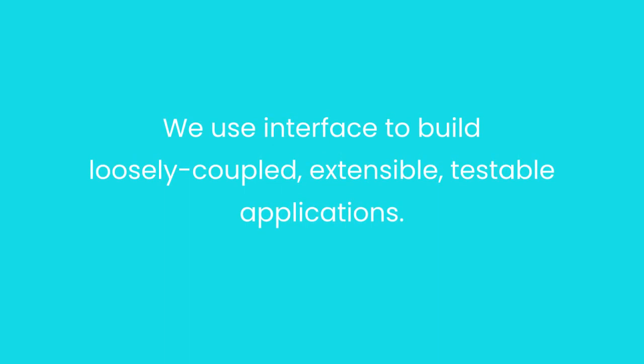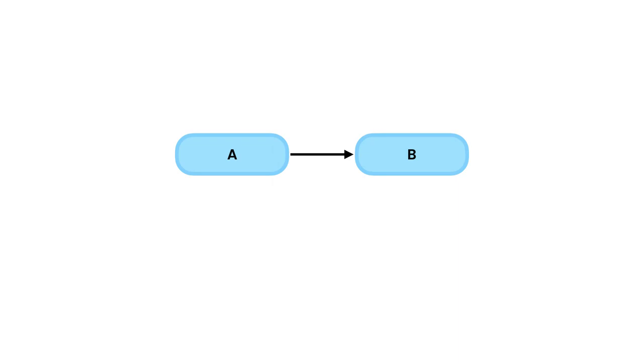We use interfaces to build loosely coupled, extensible, and testable applications. What does this mean? Well, earlier in the course, we talked about coupling, which is the level of dependency between two software entities like classes. So if class A uses class B, we say A is dependent or coupled to B. Now, if we change B, we might have to change the code in A and every other class that depends on A. Even if we don't have any breaking changes in the code, just because B is changed, it has to be recompiled,